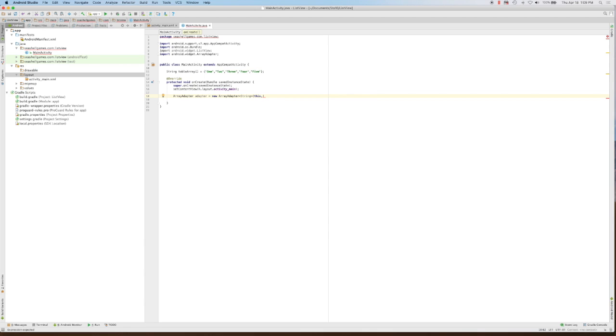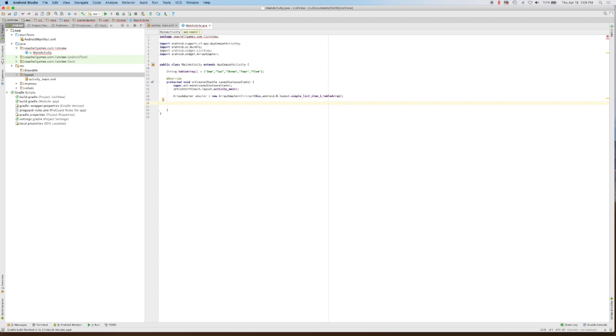Then we're also going to tell the array adapter what type of views we want out of this. Android predefines a set of simple list items. We're going to use the first one, which is just a label that it places, a view label. So android.R.layout.simple_list_item_1. Oh, it's right there. And we're going to tell it to use the array as the data that it's going to create that adapter